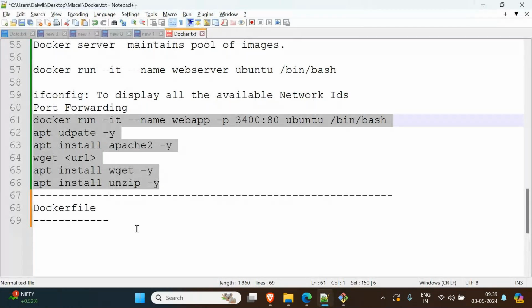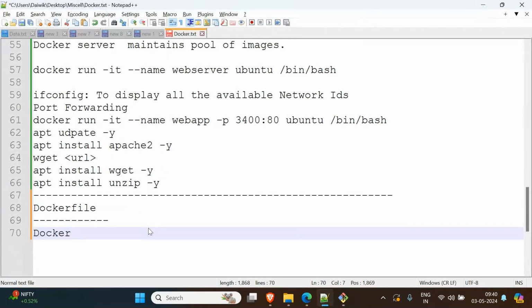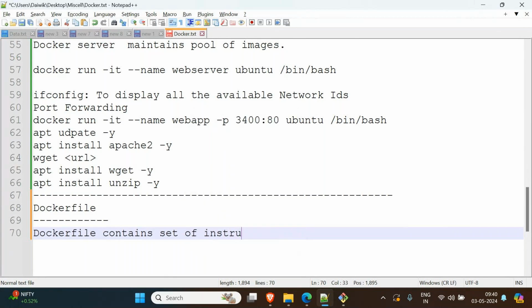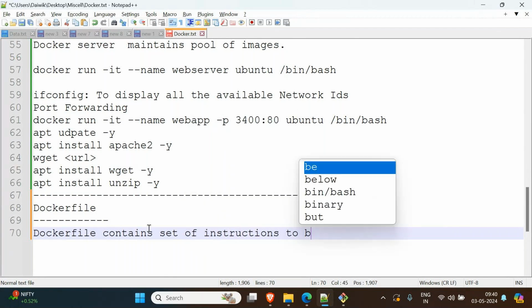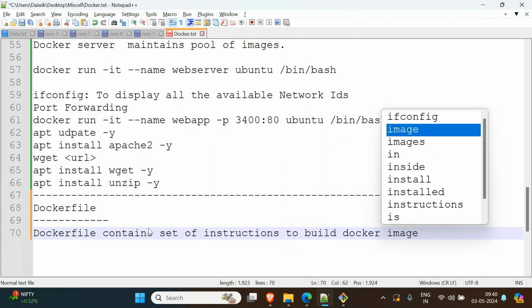Okay, Dockerfile: no space here, D is capital, and no extension either. A Dockerfile contains a set of instructions to build a Docker image. What I'm doing is going to build a Docker image. You can write the instructions, and what your Docker will do,